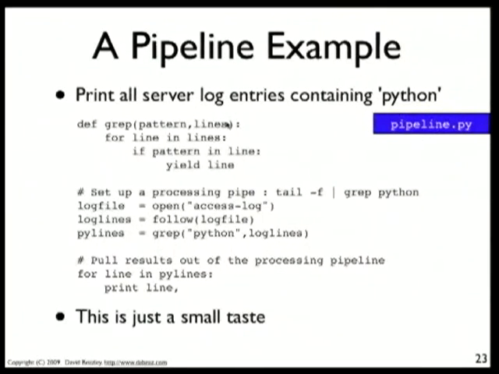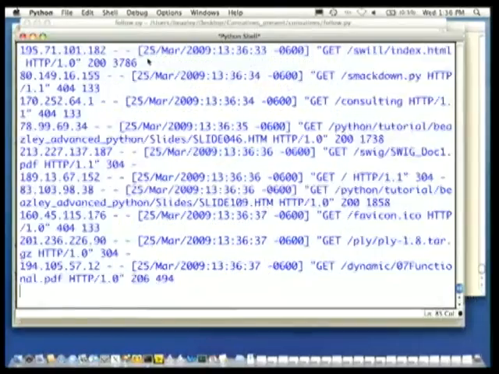One way that you can do that is, this is maybe the lamest version of the grep command that's ever been created, but here's another generator function that essentially loops over a bunch of lines, and then it just uses the in operator of strings to say if this pattern is in a line, I'll yield it. And so what somebody might do with this is open up a log file. They would then do this follow operation on it, which is, again, the Unix tail -f. And then they would feed the log file into this grep function. Essentially you're stacking things up and doing a little bit of a filter. So just as some example code of that,